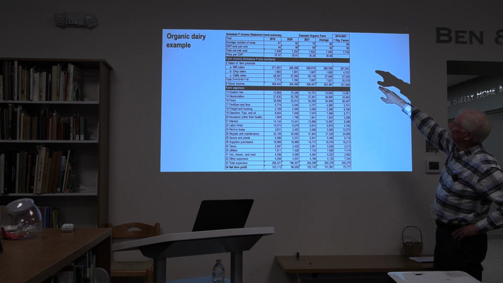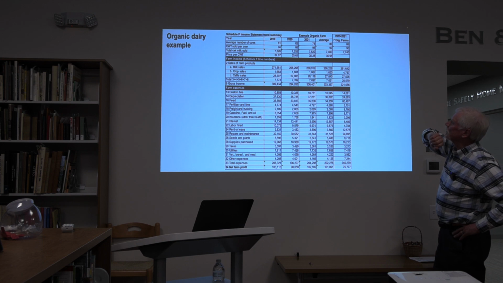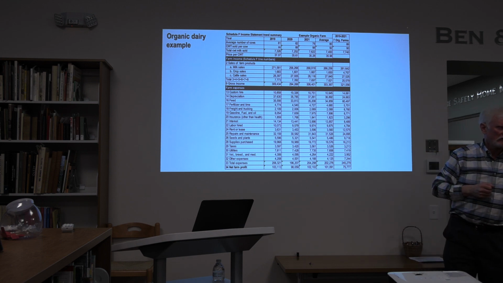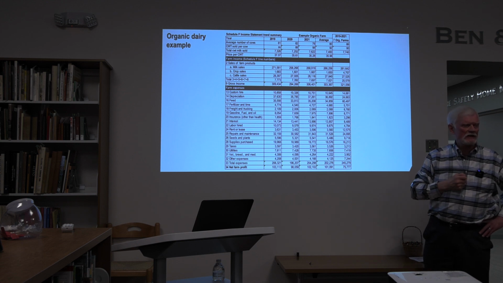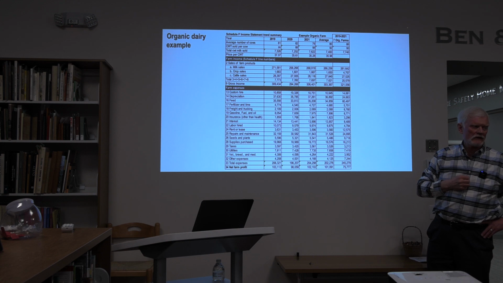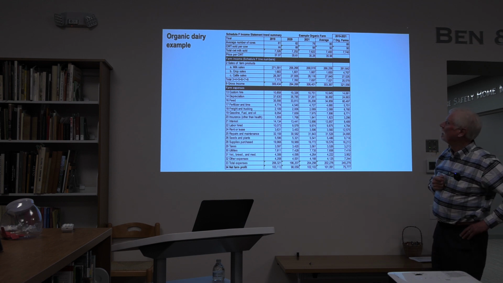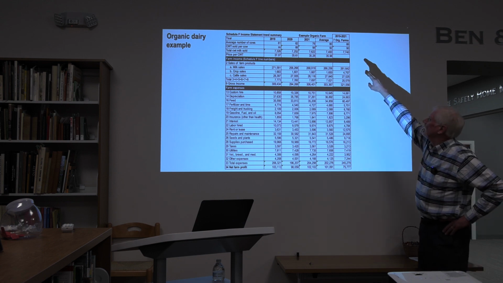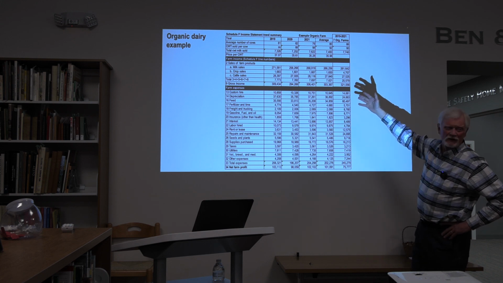Total hundredweight of milk sold, and there's the price per hundredweight, $36 per hundredweight, compared to normal prices, which are down in the high teens, low 20s per hundredweight. So they're getting $15 more per hundredweight than conventional milk. All right, so we multiply those together and we have our milk sales,